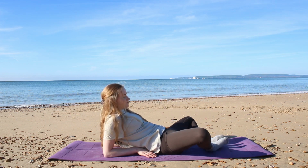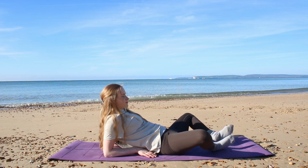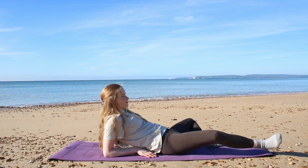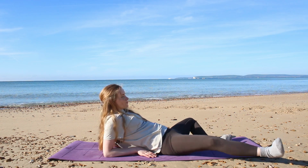So coming into butterfly pose with the soles of our feet joined together, we're going to kick out one leg to the side of the mat and then the other. Keep the foot nice and flexed. This is the most important part of this exercise because it allows you to engage that inner thigh as you